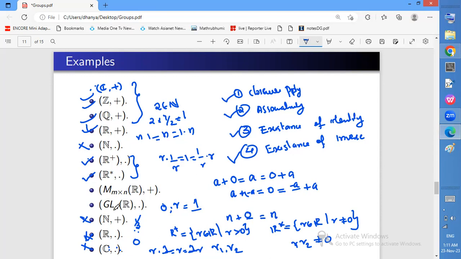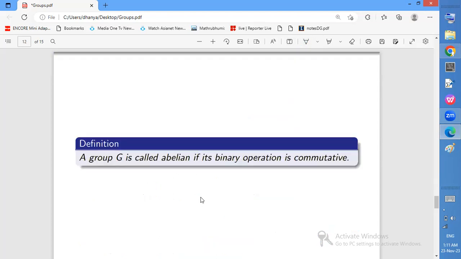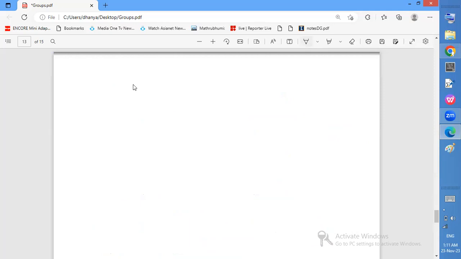Now, consider these two examples. This one is the set of all m by n matrices over R. I'm considering M_{m×n}(R), the set of all m by n matrices over R, and the operation considered is addition. Will this form a group? We will check one by one. First condition, the closure property. Clearly, given any two m by n matrices, A and B,